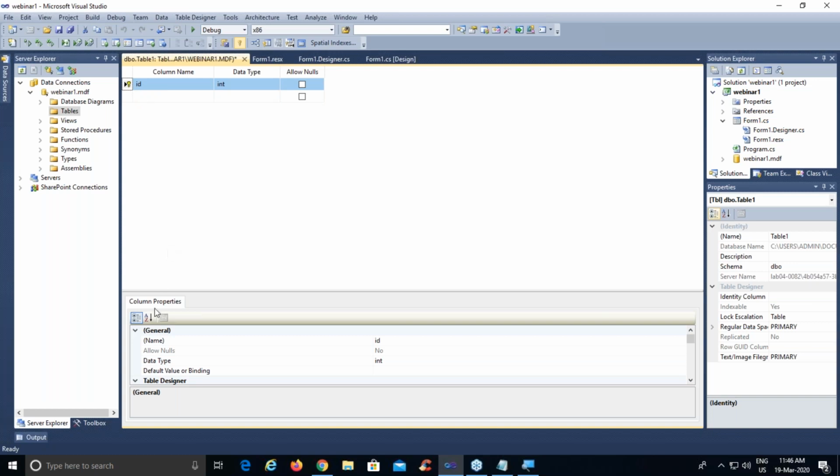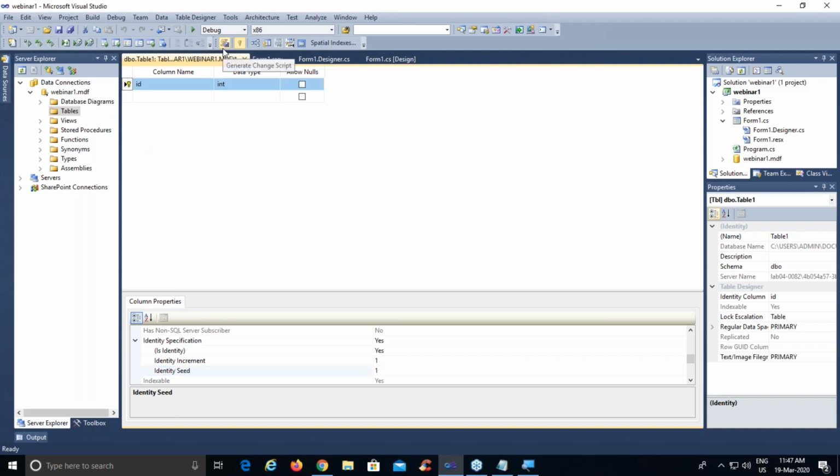So for that, I will go to the property part of this and move to identity specification property of this. You can see is identity column here. So double click on it. You will see yes and 1 as an option. So what does this option say? Identity increment means you want to increment this particular column value by 1. And identity seed means from where you want to start adding this particular value. So it will start from 1 and then it will increment it by 1, then 2, then 3, then 4, then 5, then 6. Right? So we have set this property.